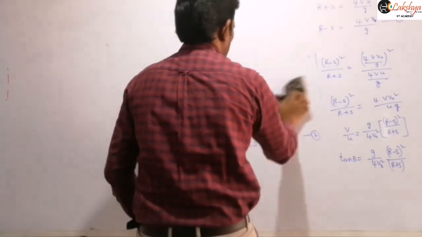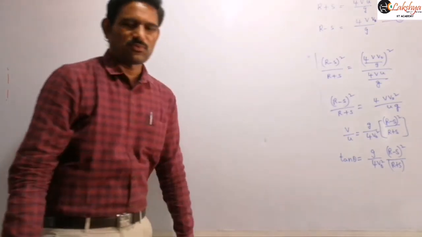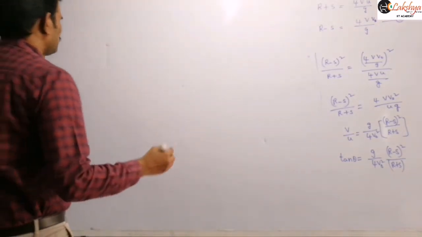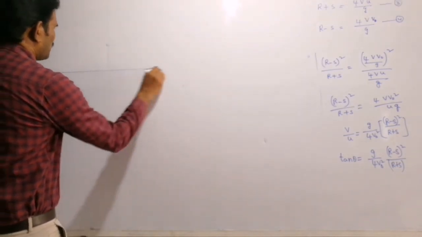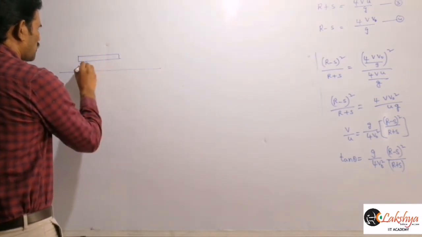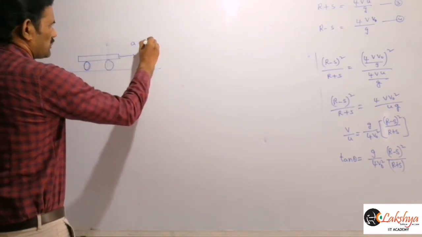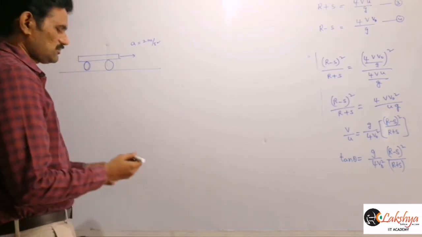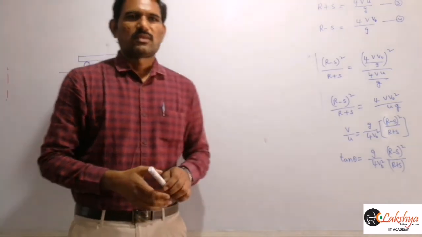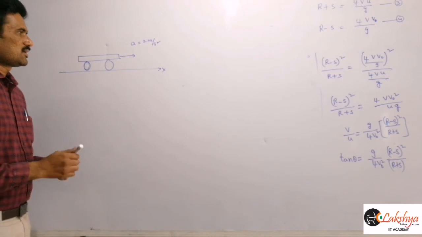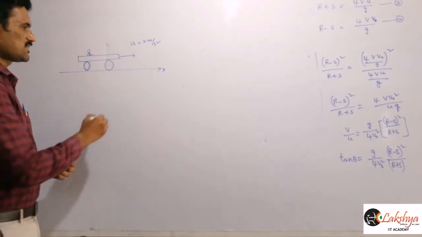So based on this projection from the moving truck, I will give one more problem and solve that problem also. Try that problem, otherwise I will explain it in the next class. So like here, the truck is now moving with some acceleration. This truck is moving with some acceleration of say 2 meter per second square along x direction. And from the truck, that means a boy is there on the truck. Now this boy fires a bullet at t is equal to 4 seconds.